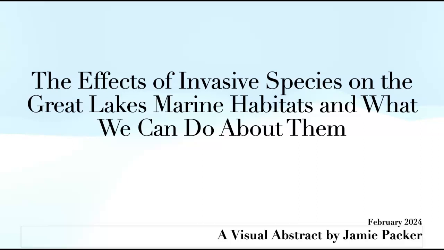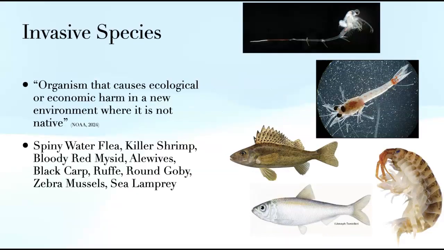The title is The Effects of Invasive Species on the Great Lakes Marine Habitats and What We Can Do About Them. So to start off with, what is an invasive species? NOAA defines an invasive species as an organism that causes ecological or economic harm in a new environment where it is not native. Specifically narrowing this down into the Great Lakes,